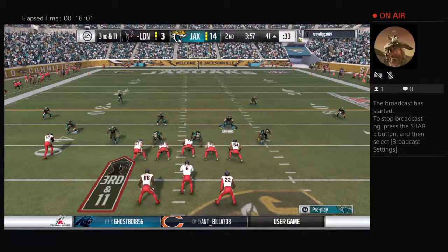Here we go. 1, 9, let's round. Let's round. Let's round. Let's round. Let's round. Let's